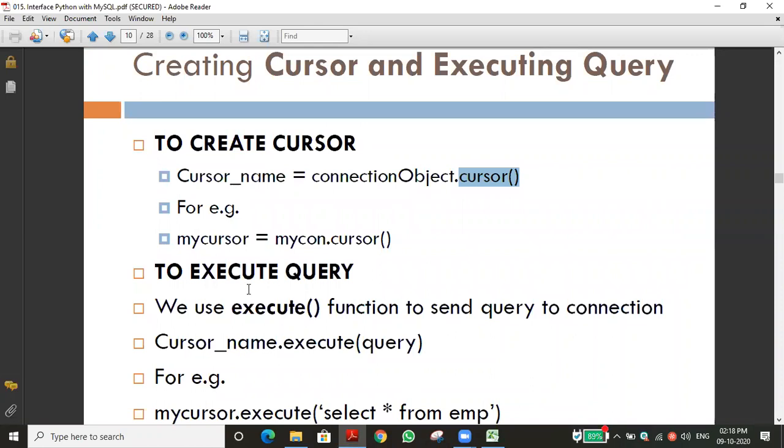Then we are assigning it to an object, that is a name, the cursor name we have to mention. Every time we call the name, the cursor will be ready. Then whatever task we give, that is a command or query, will be executed. Have you got it? Have you understood?